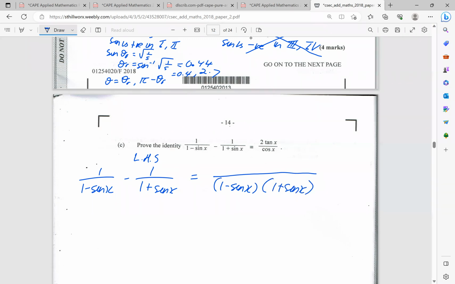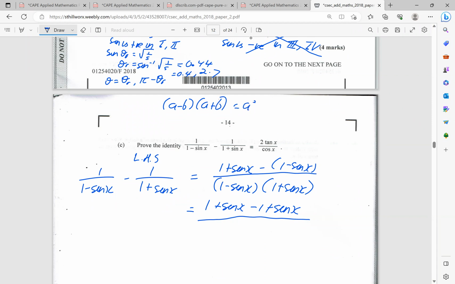You would get 1 plus sine x minus 1 minus sine x. How do I get that? 1 minus sine x into this is 1 plus sine x. 1 plus sine x into this gives me 1 minus sine x. So you get 1 plus sine x minus 1 plus sine x over a minus b by a plus b is a squared minus b squared. 1 squared minus sine squared x. So I'll get 2 sine x over